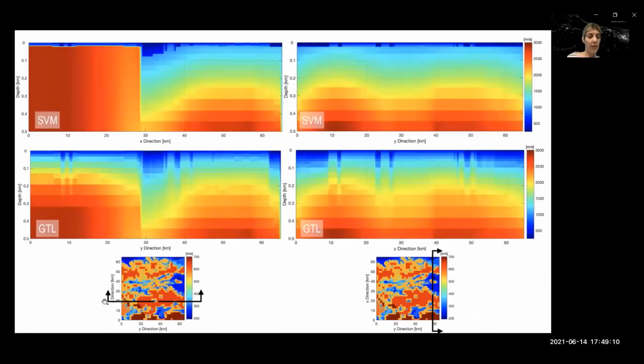Two examples of cross sections of how GTL and SVM vary. You can see here in the X direction, along the 20 kilometers from the edge of our model, the main difference that I was trying to point out earlier. We have no information besides this point from the community velocity model. So we basically just fill the shallow crust to merge the information that we have from VS30 with the information we have from the Southern California velocity model.